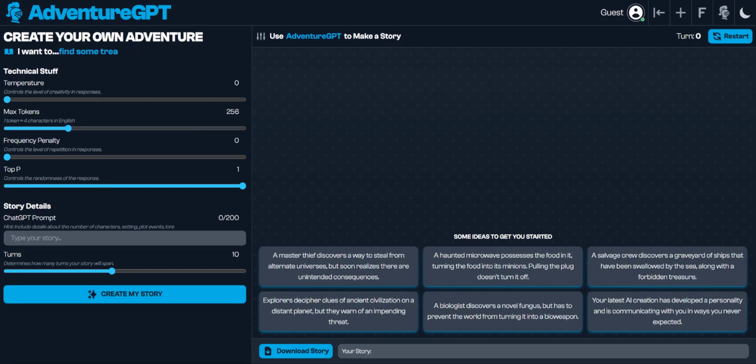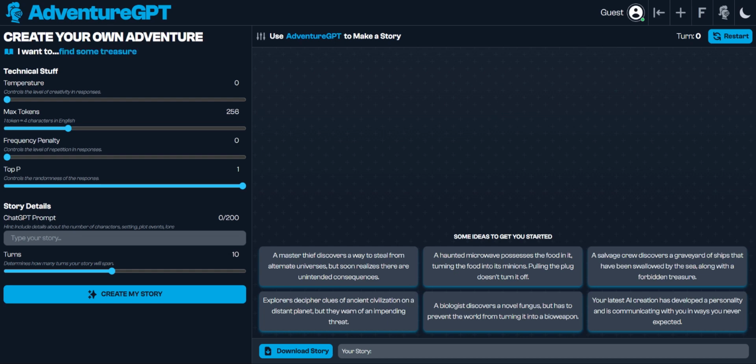So essentially, my inspiration for this app was to make a create your own adventure game where you could use your own idea without having any previous story experience, and you'll be able to play out this unique idea with ChatGPT. I'm using OpenAI's API to generate a completely unique series of events based on your idea that you can play through by selecting a series of options like A, B, C, and D